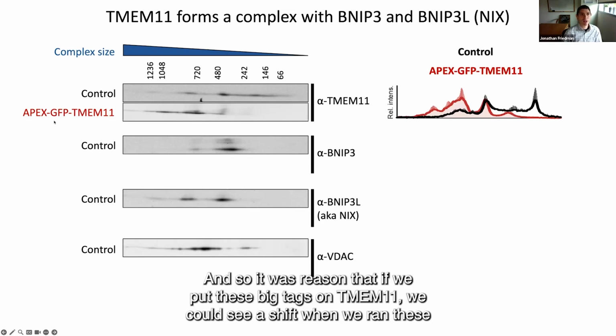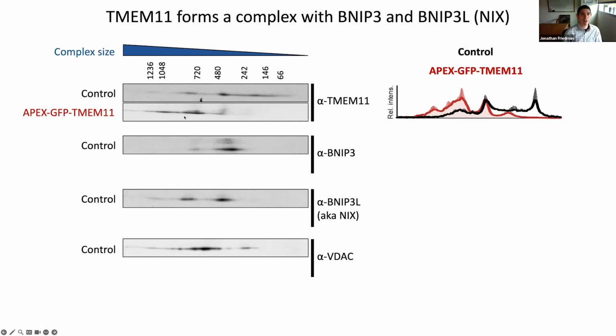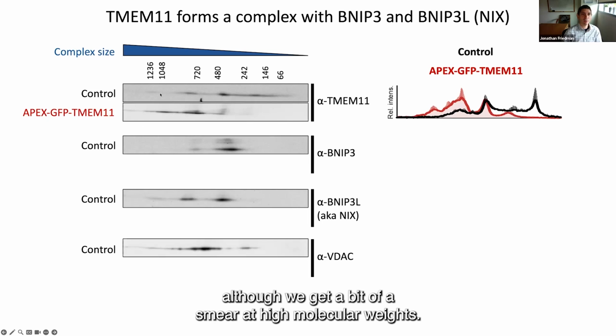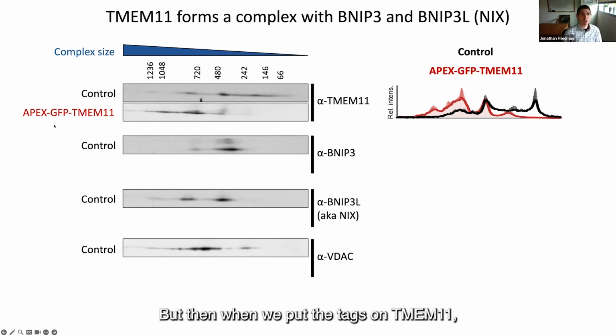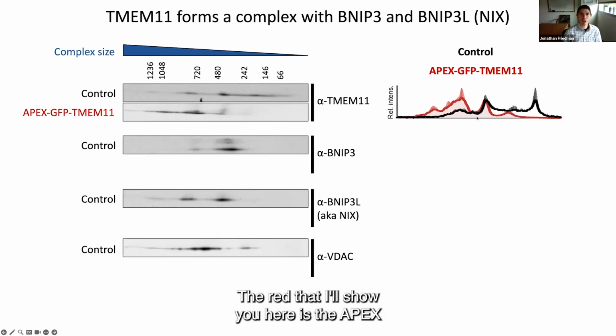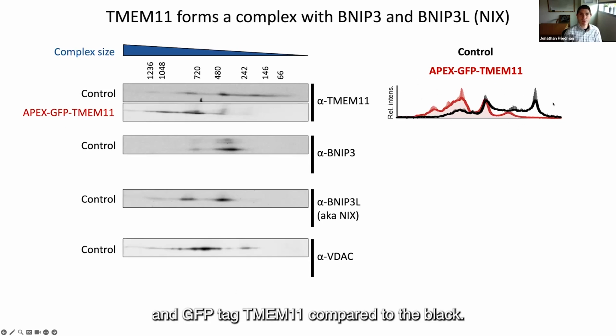And so Oz reasoned that if we put these big tags on TMEM11, we could see a shift when we ran these 2D blue native PAGE gels. And that's exactly what we saw. So TMEM11 normally runs up to about 500, although we get a bit of a smear at high molecular weights. But then when we put the tags on TMEM11, we saw this leftward shift in the gels, and this is just quantified here. The red that I'll show you here is the APEX and GFP tagged TMEM11 compared to the